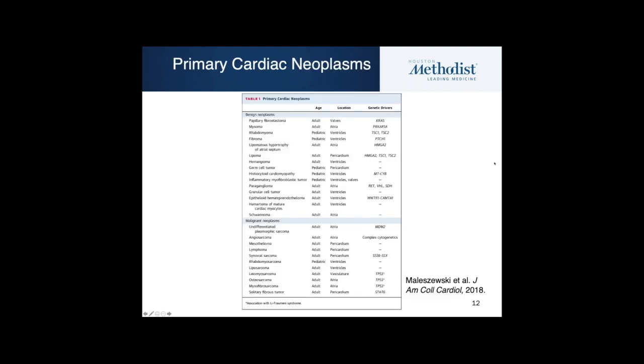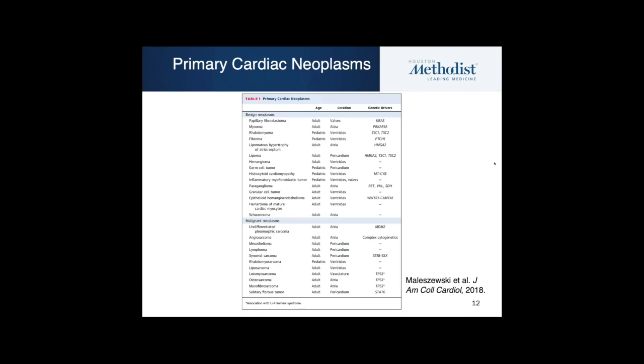So switching gears now to primary cardiac neoplasms, a lot of breakthrough advances have been made in identifying genetic drivers and associated syndromes with particular cancers. And these advances have led to, as I mentioned, the simplification of the WHO and revision of the WHO 2015 classification of cardiac tumors. So these genetic markers that have been identified include notable ones: the somatic driver mutations in